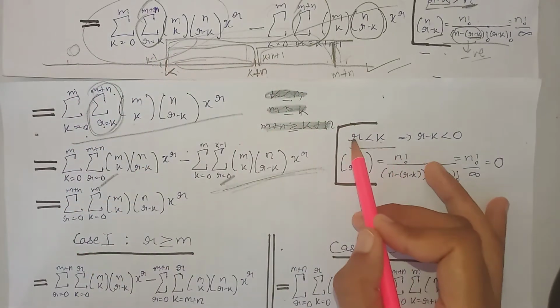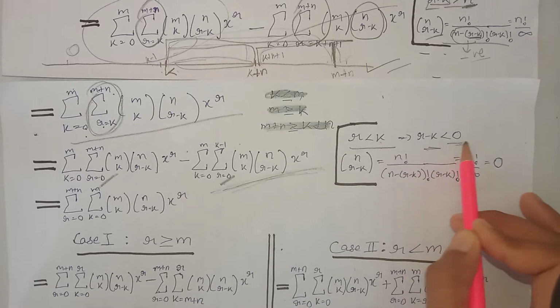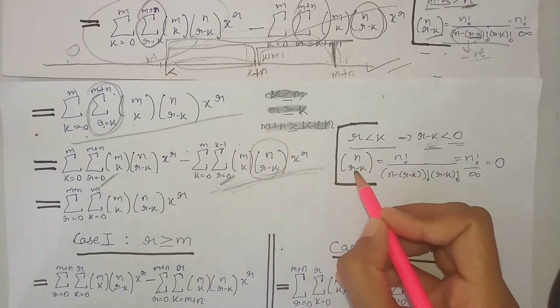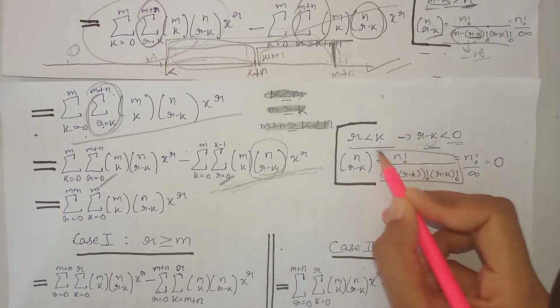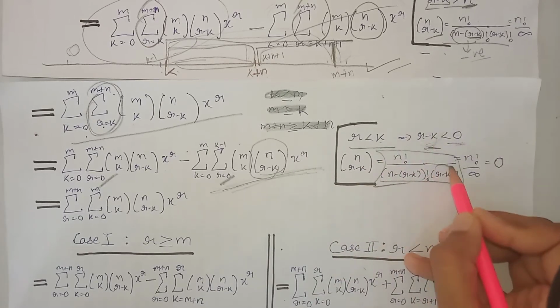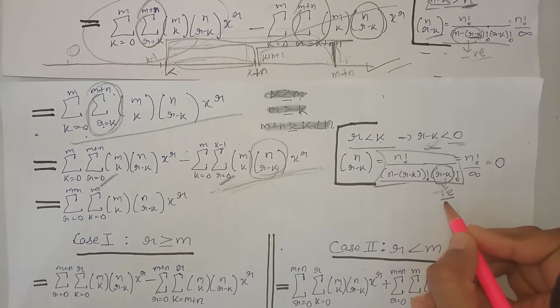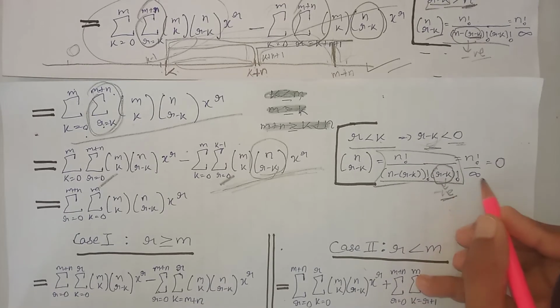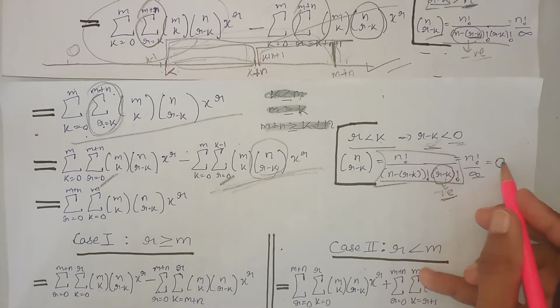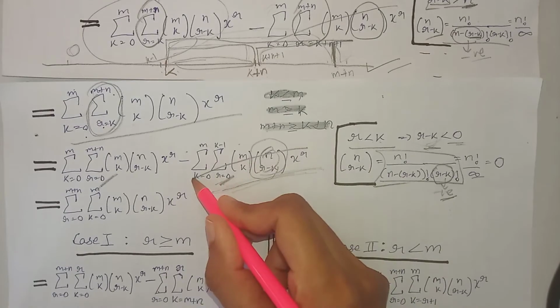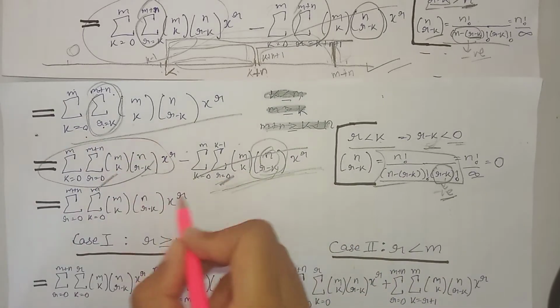Now shifting k to this side, we get r minus k is less than 0. We can expand our combination, that is nCr minus k, like this, and now r minus k is less than 0. That means again inside the factorial we have a negative term, and the factorial of any negative term is equal to infinity. Something upon infinity is equal to 0. Something multiplied by 0 is equal to 0. That means this whole term is equal to 0. So we are left with only this term.